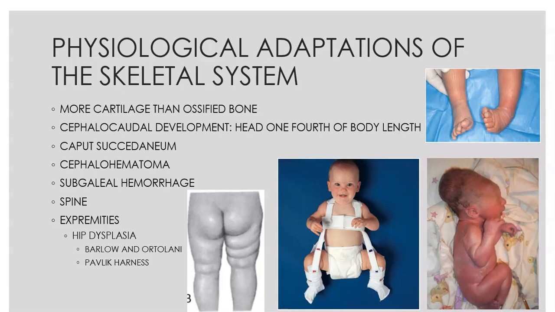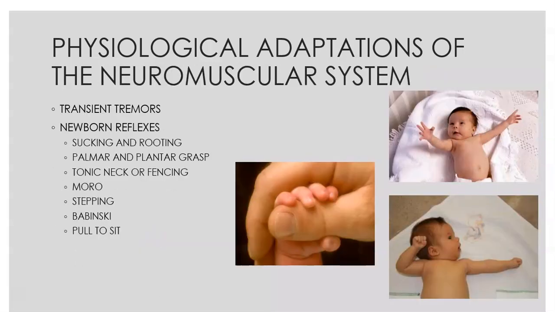But not every baby will have those signs, especially if their hip is in place at the time and it's just where you're able to dislocate it. So the last system we'll talk about is the neurological, neuromuscular system. And the best way to assess this is those newborn reflexes. If you don't know your newborn reflexes, make sure you get to know them. You will need to know these.